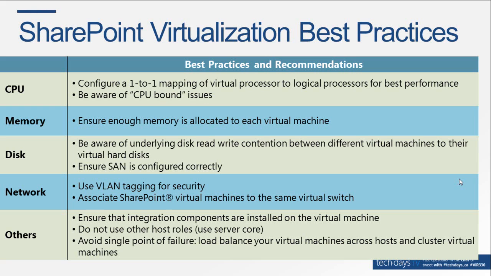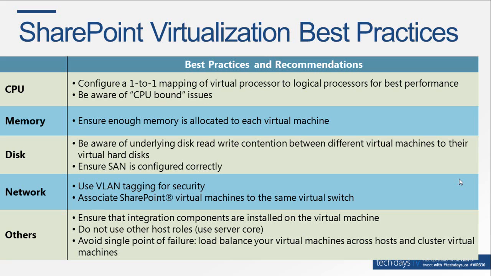So front ends typically are going to require less RAM than something like an index server or a SQL server, so just be aware of that. Make sure you use the fastest overall disk architecture and use fixed size VHDs for the virtual machines, which will actually give you the best overall performance. You can use VLAN tagging in the network for security, and again, always associate the SharePoint VMs with the same virtual